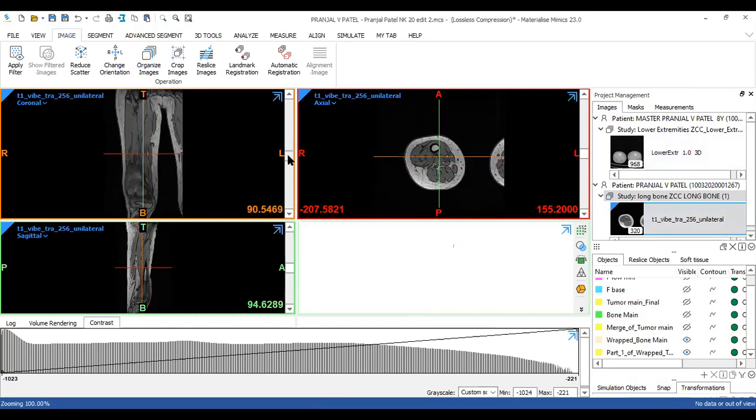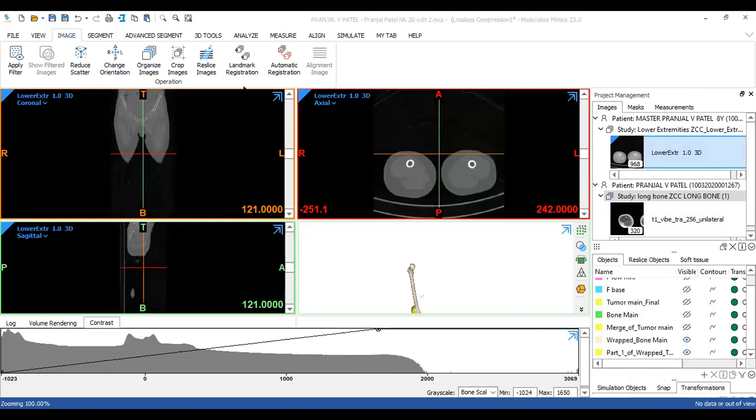Now what I'll do is I would want to align my MRI onto CT. You can do other way around. We generally prefer bone because bone के landmarks ज़्यादा easy होते हैं recognize करने के लिए. So we generally prefer overlapping MRI over the CT. So I'm going to now go to image tab, right? उसमें option आता है automatic registration का. So I'm going to select automatic registration.